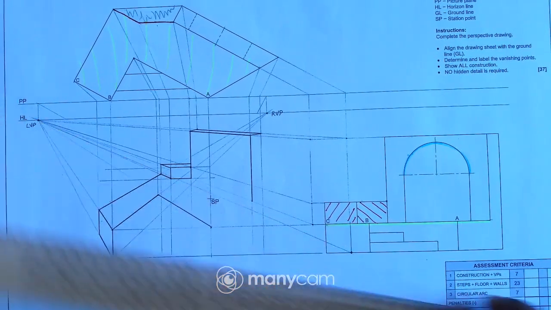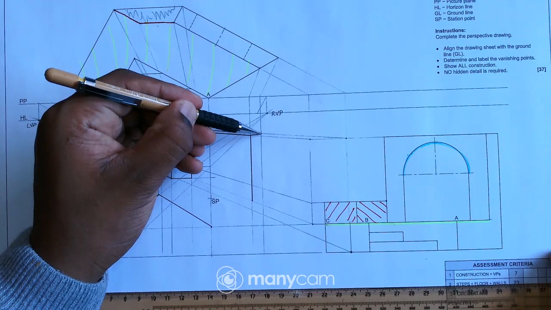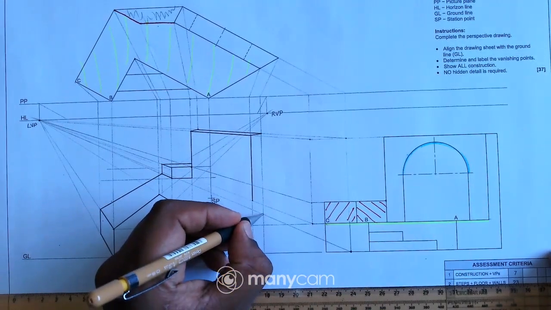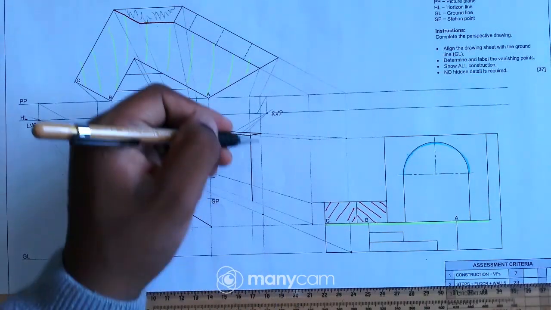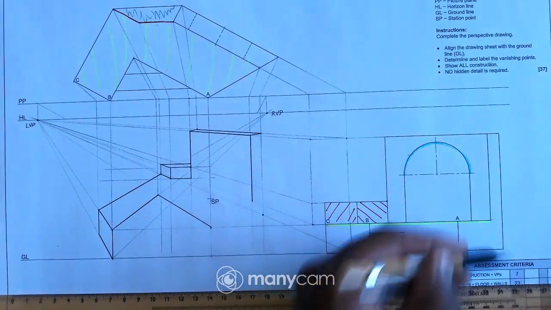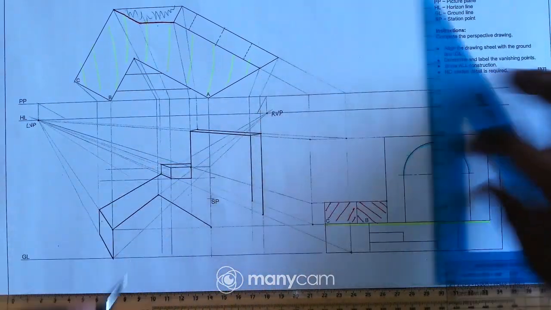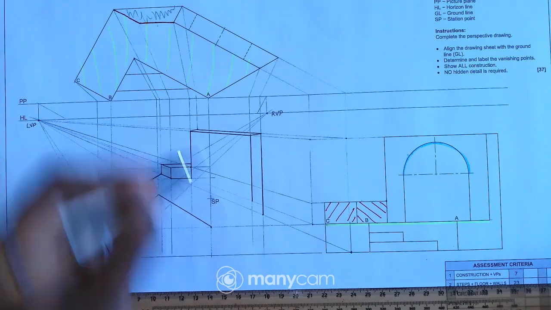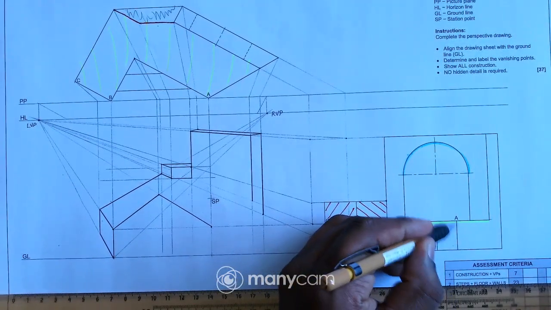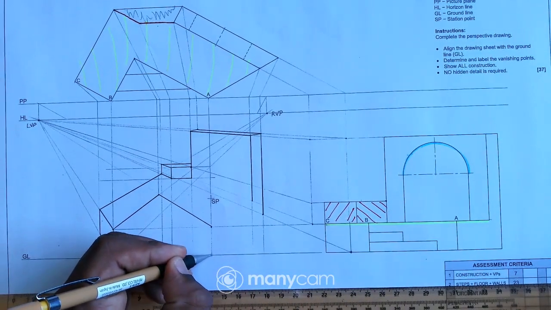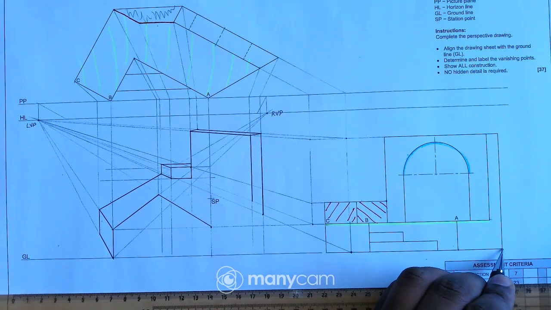So now my focus is on that line, and remember I constructed a vertical line, so where they meet, it's a point over there. So it means I do have this line now, it's this one over there, and this is point A. From point A, I have a vertical line, which is this one up to the ground level. So I have a point there up to that point there.